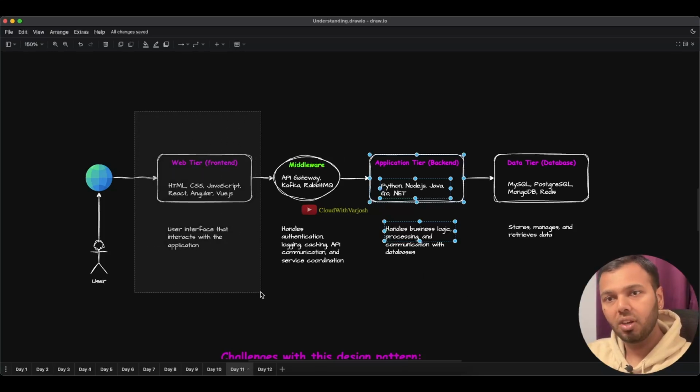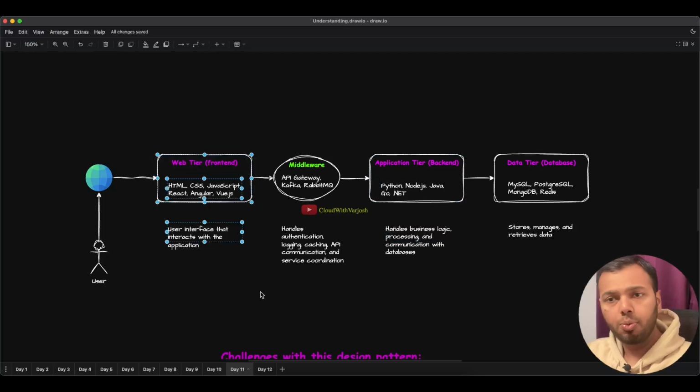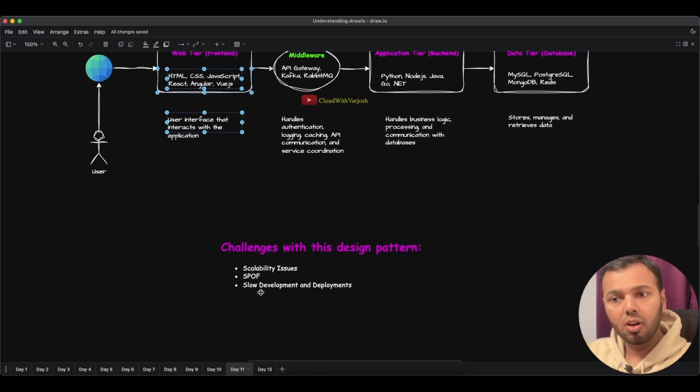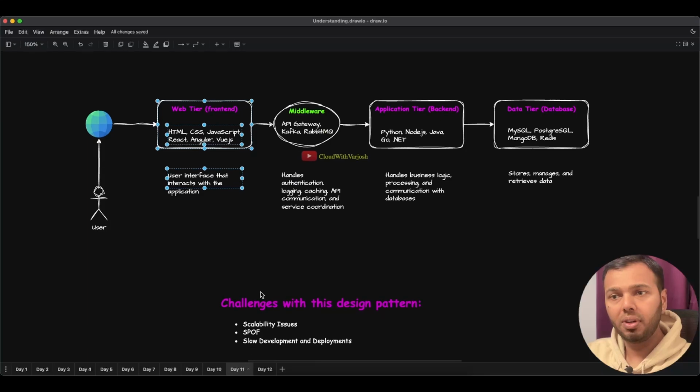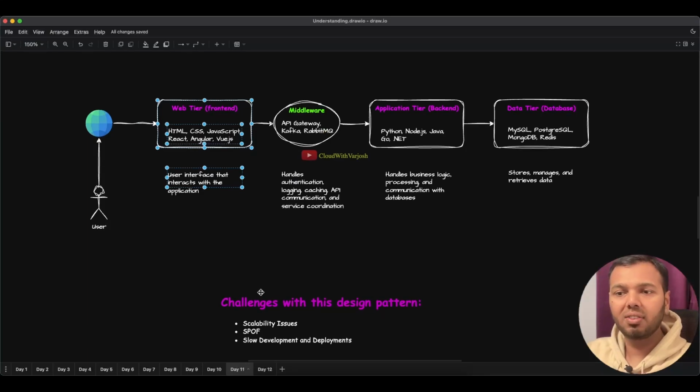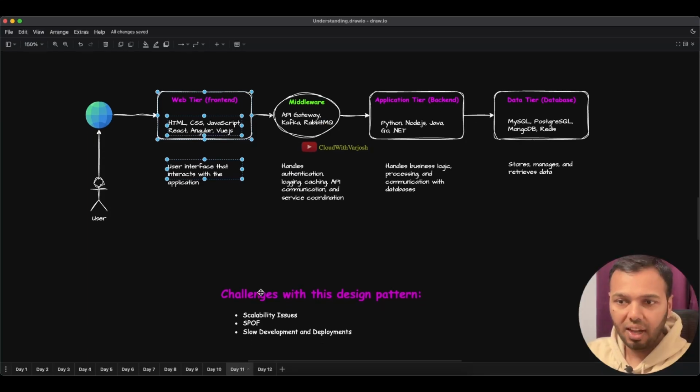Same about the web tier. The web tier could be used by laptop users and mobile users. There was no segregation. This again caused slow development and deployment. Now, what is the solution that fixes all these problems for me? That is the